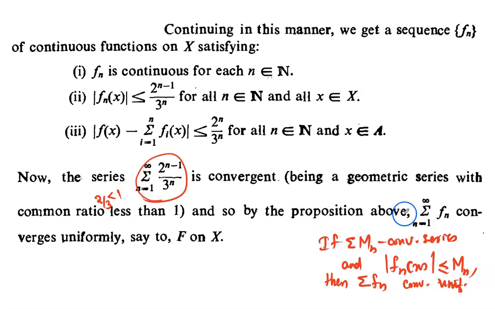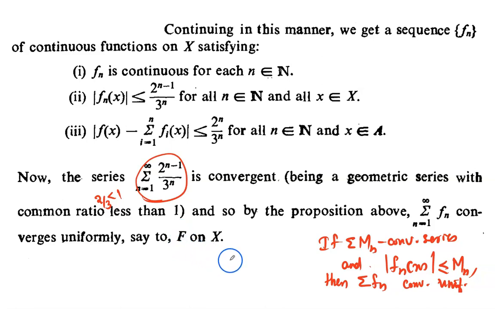Hence, by applying this proposition, we will get a uniformly convergent series sigma fn, which converges to, say, another function